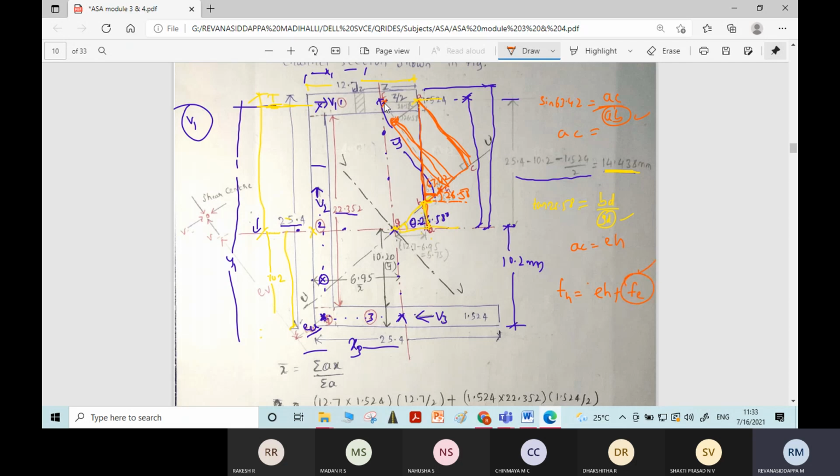That FE value is calculated by taking the right angle triangle FAE. Here the angle will be known. This EA line is parallel to this line, which is angle 26.58, so here also you get the same 26.58 degree. So in this right angle triangle FAE, the length between A and F is known.